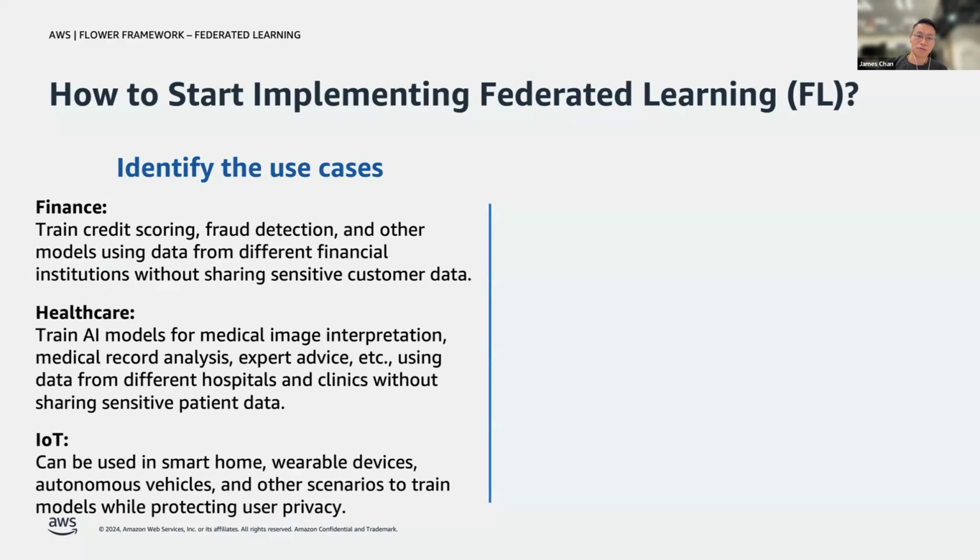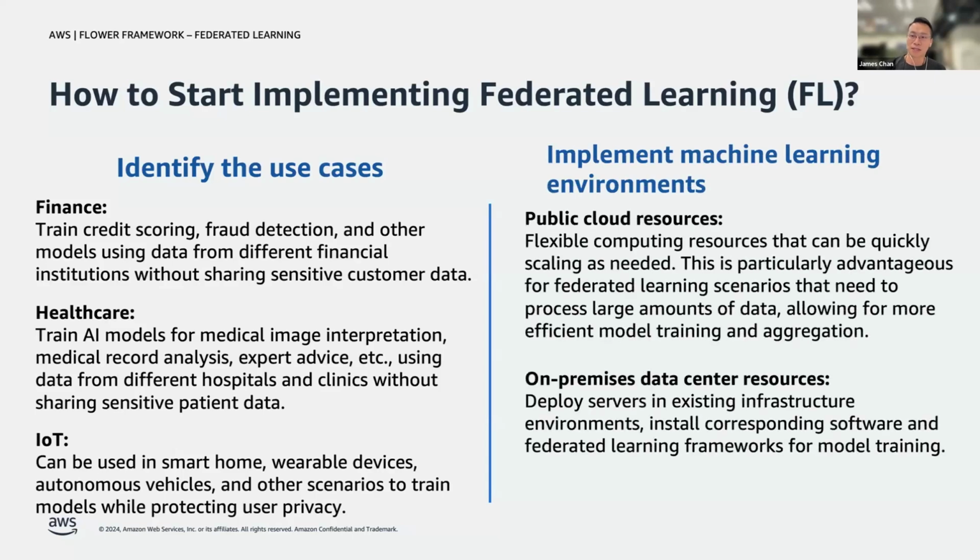Okay, so to implement federated learning, we have two main options for computing resources. One is a public cloud platform. Public cloud platforms offer the flexibility and scalability needed for handling large-scale distributed data processing. Alternatively, for organizations with strict data security requirements, on-premise infrastructure can be utilized by installing appropriate software and federated learning frameworks